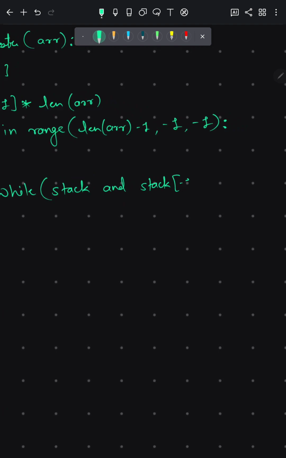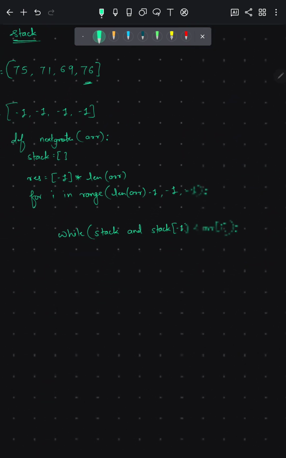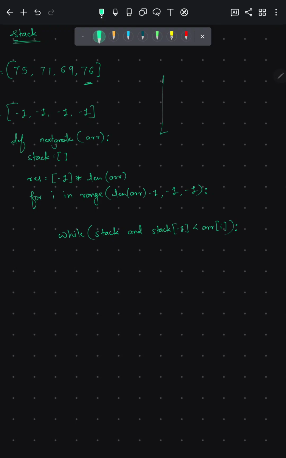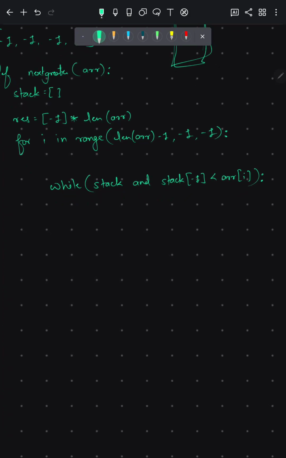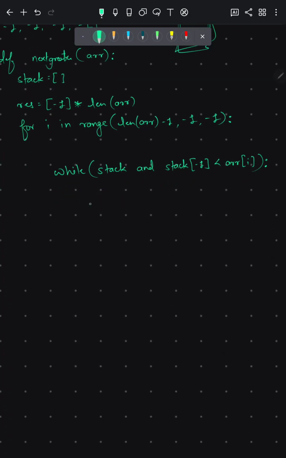Stack of top is equal to stack of -1, right? If it is lesser than the current element, array of I. This is the logic, right? If the stack top is less than the current element, then we are just going to keep popping. So here we put stack dot pop.